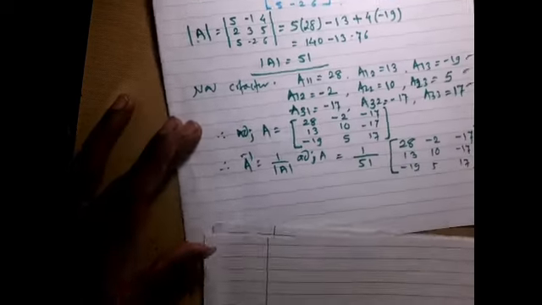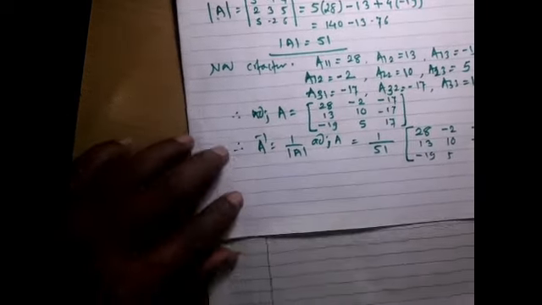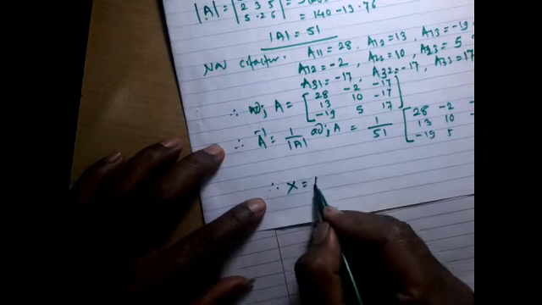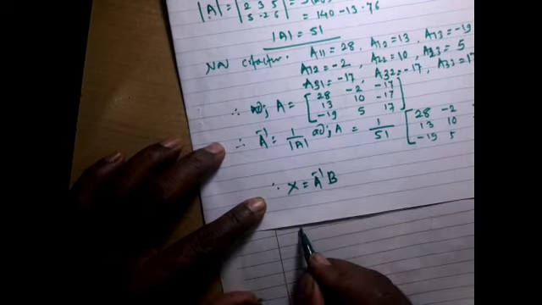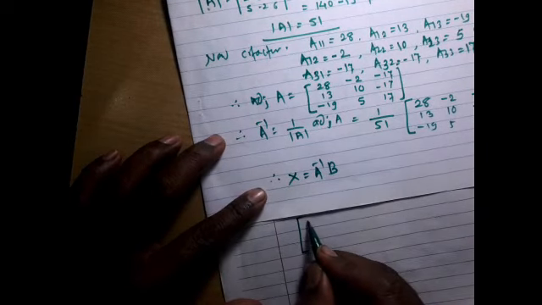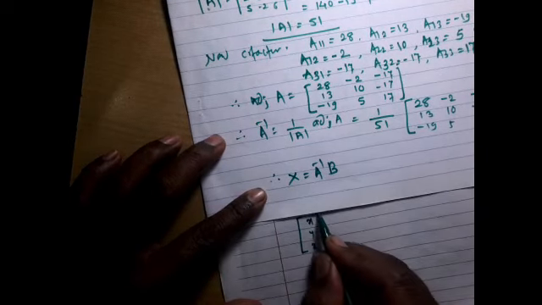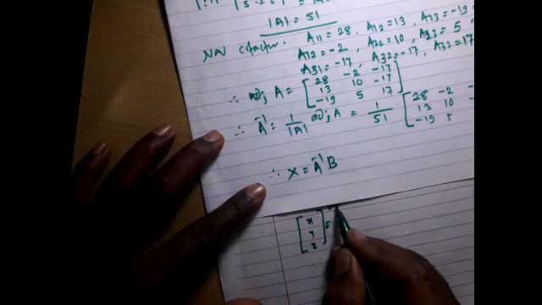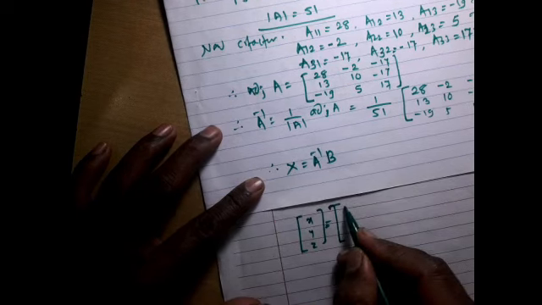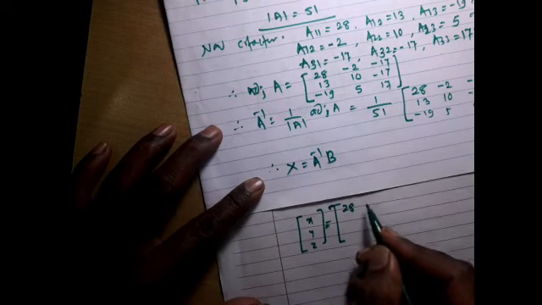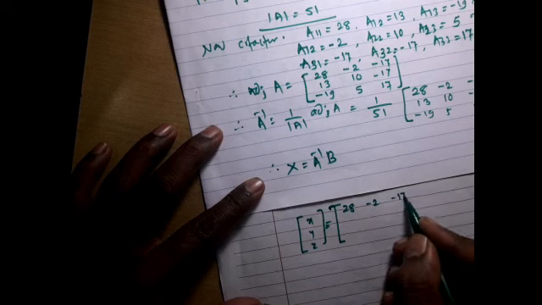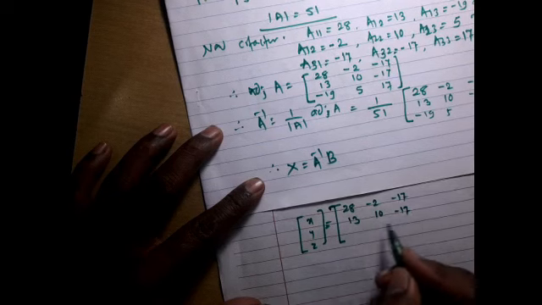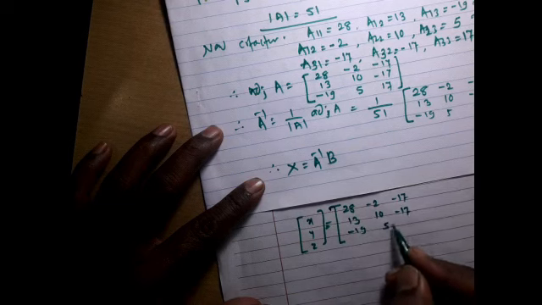Now you have to find x. So you know that x is equal to A inverse B, that is x y z equals A inverse, 28 minus 2 minus 17, 13 10 minus 17, minus 19 5 17,